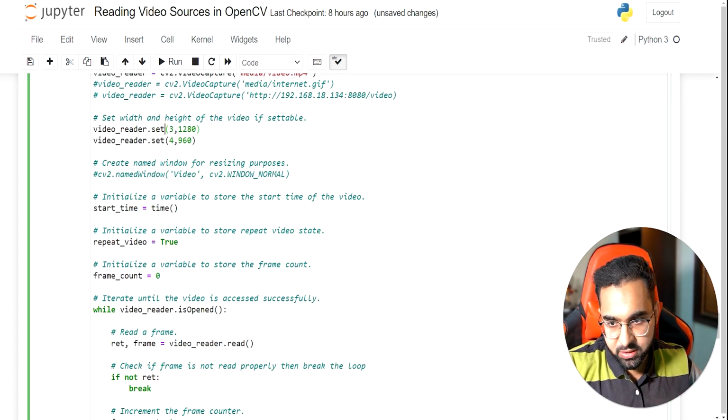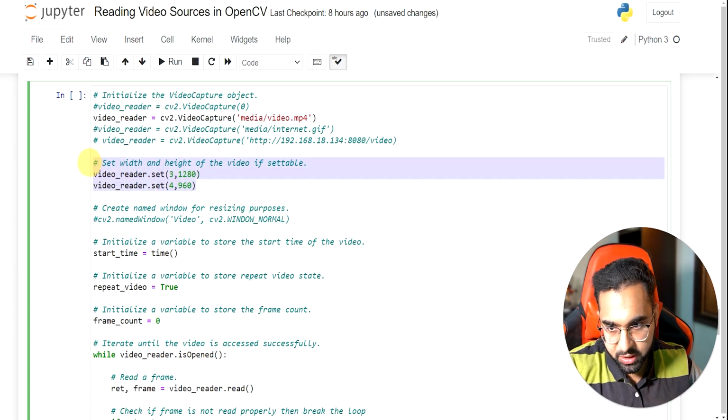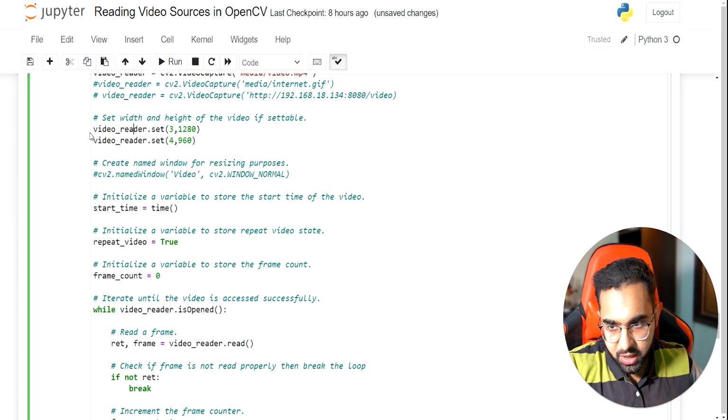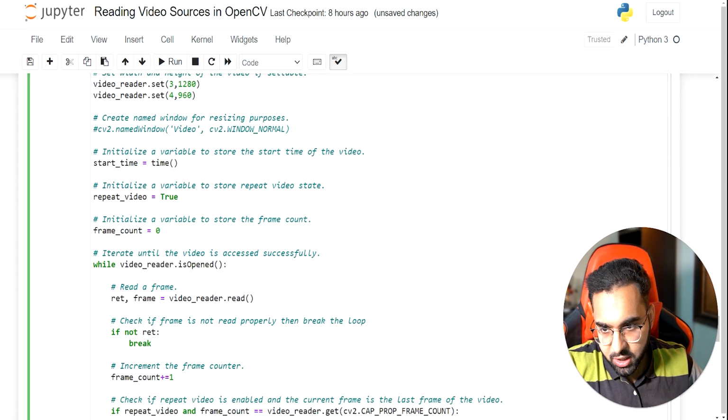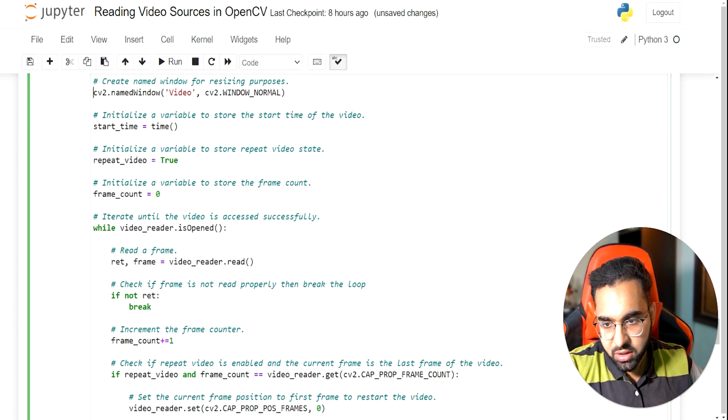So here I'm setting the width and height to this resolution, and I'll see if this worked or not. You'll see a true or false value. I can either just print it out if I want. After that, I can also specify this, so the video will be resizable. I can expand it to full screen, otherwise it will be a strict window. So this is what allows me to have a normal window which I can resize, downsize or minimize, etc.